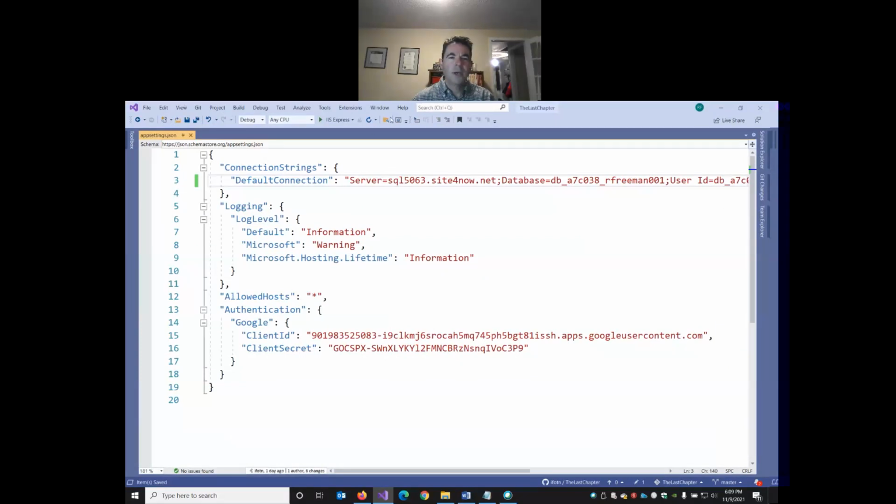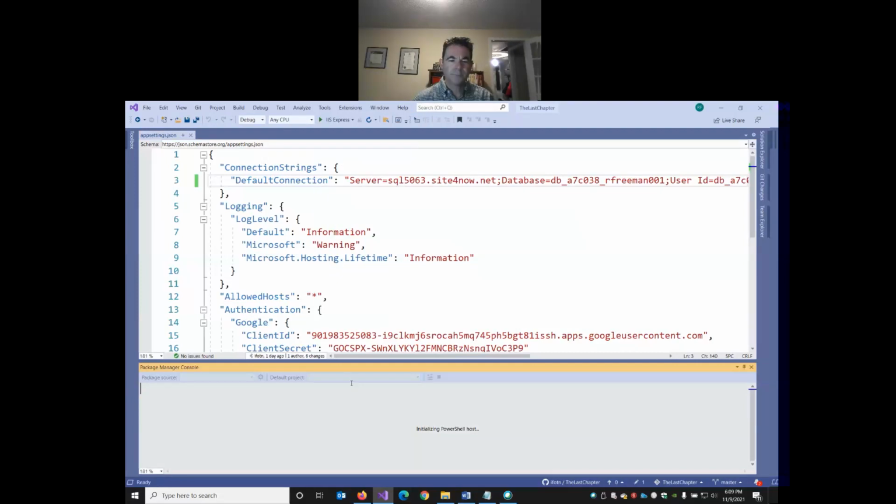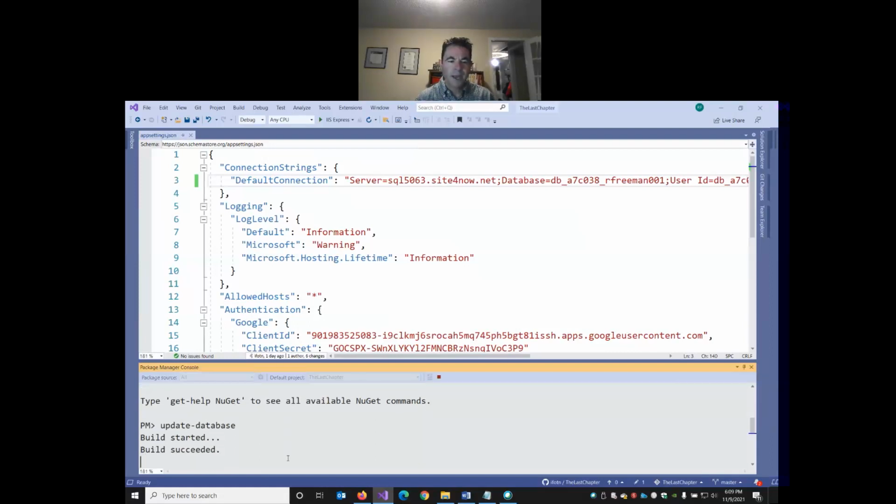So I'm going to go to my NuGet package manager here. The package manager console. I'm going to run the update database command because I want to create the tables in this database. So we'll try this out. See if I can connect to my